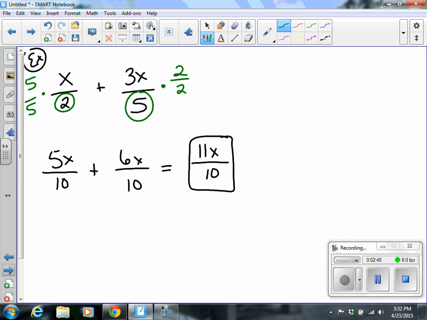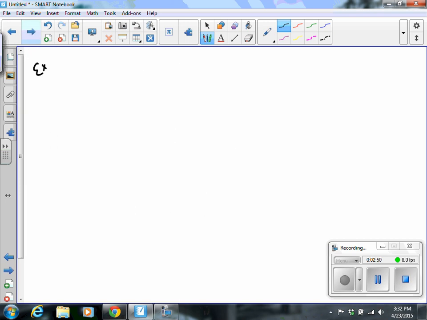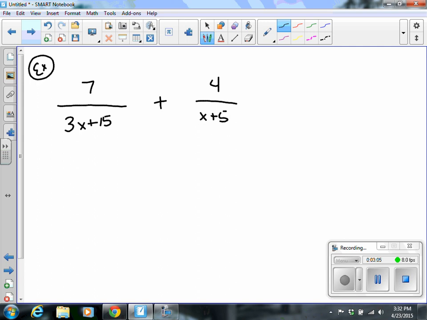Now what happens if the denominator is a polynomial? So let's say that I have 7/(3x plus 15) plus 4/(x+5). Now in this case, my steps are a little bit different. The reason being is I'm going to factor that 3x plus 15. My goal is to always factor out the GCF right away,